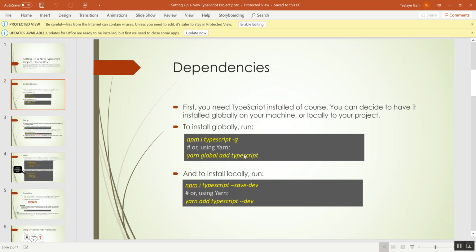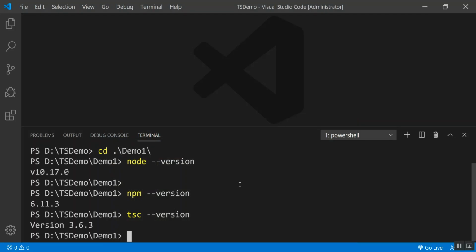Or for those of you who use Yarn, I didn't explain about Yarn. We can use something called Yarn also. Yarn is also similar to Node Package Management. And then if you want to do a local install, that is how we do it. But I kind of like to install it globally. All right. So you just do -g. Since I already did, I don't have to. And then install